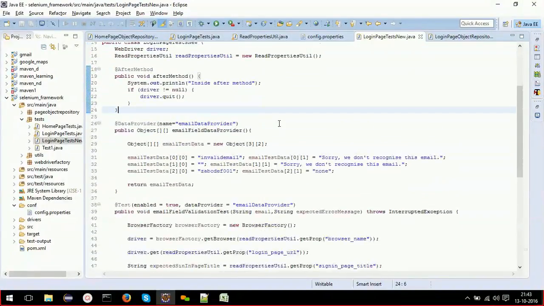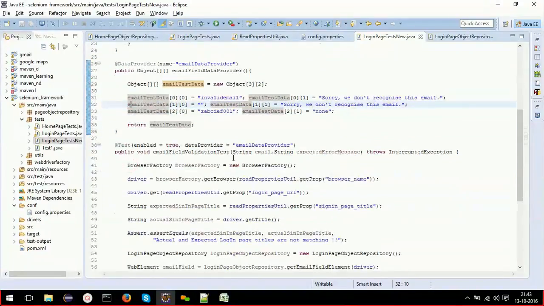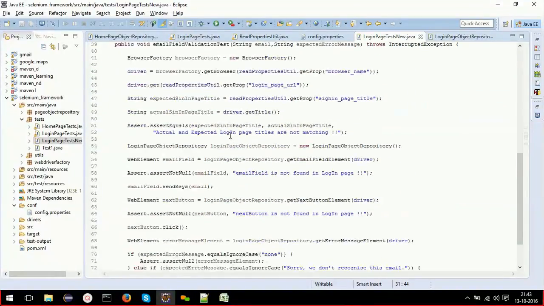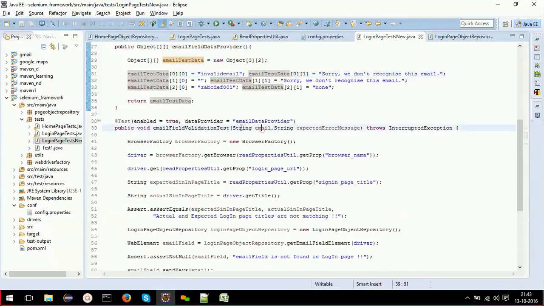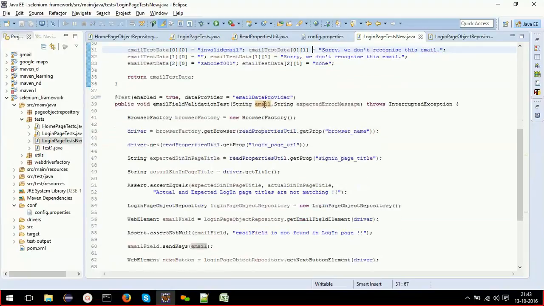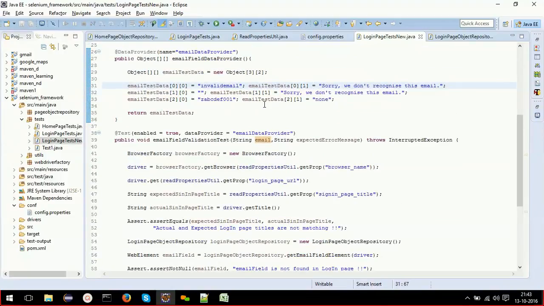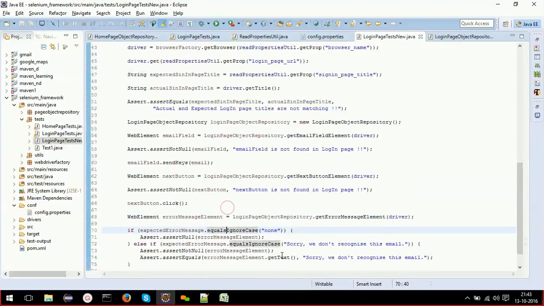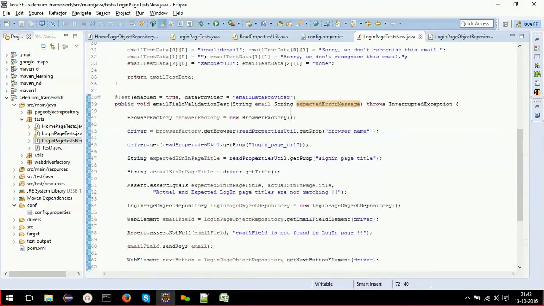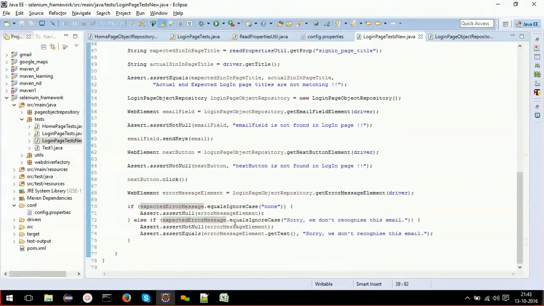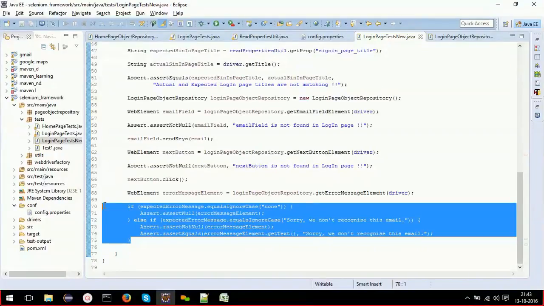All that you need to do is just create a data provider. Give the values to the data provider, and in your test case pass those values or parameters. The number of fields present in each data set you should pass as parameters, then make use of them in your test case. So now based on the values that are coming into the test case each time, we have written our test case logic in such a way that it verifies accordingly.